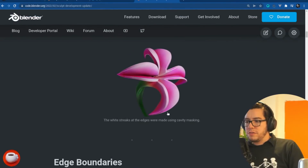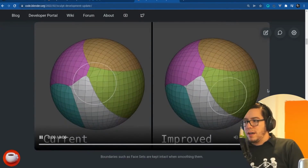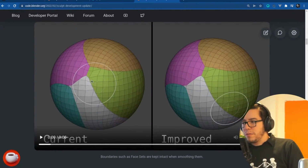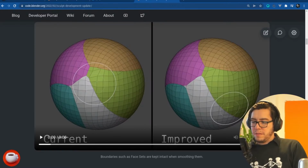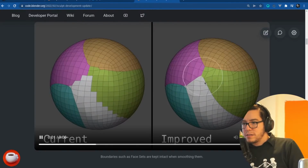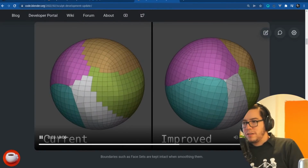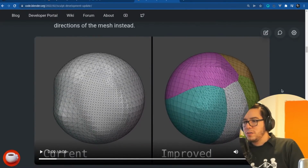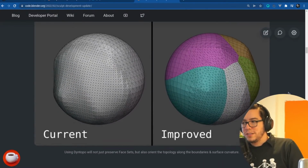Well, you can see some of the new features. Cavity masking is new. Edge boundaries is also super cool. Look on the left how the moment you start smoothing the mesh, it just loses the... There, sorry. The moment you start sculpting, it loses the boundaries. Not anymore. Now they are preserved, and even when you use subdivision, so when you use dyntopo, you can